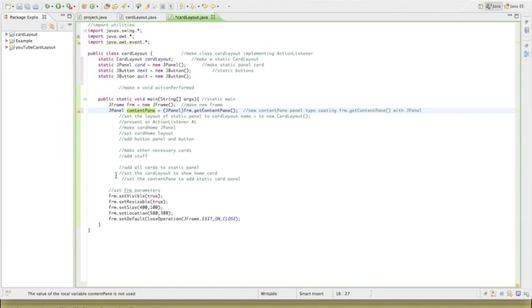Alright, so the next thing that we're going to want to do, before we even make the cards, is add these cards that we're going to make. We can just get them all ready to go into this content pane here. Alright,